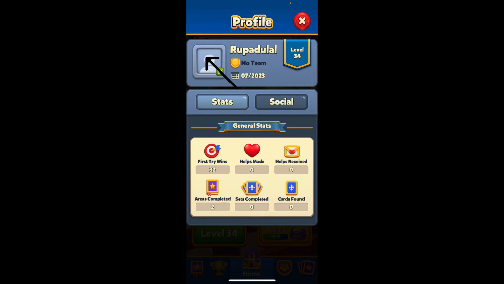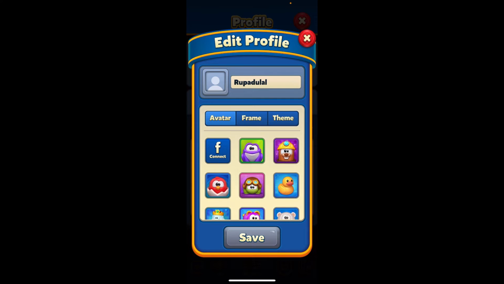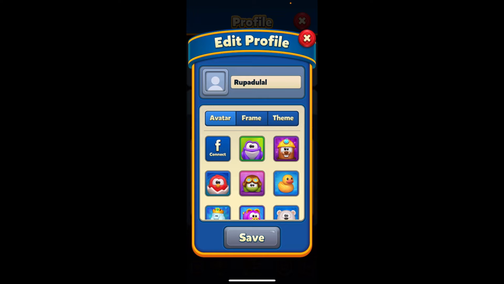Tap on your profile picture and then you'll be able to see the avatars you can change to as your profile picture. You can select from various options of avatar, frame and theme. If you want to go ahead and change to your own profile picture, then all you need to do is